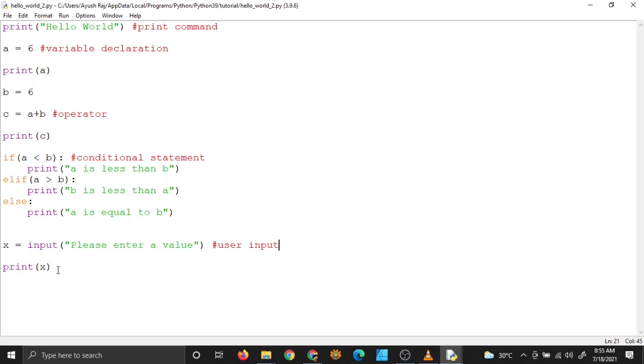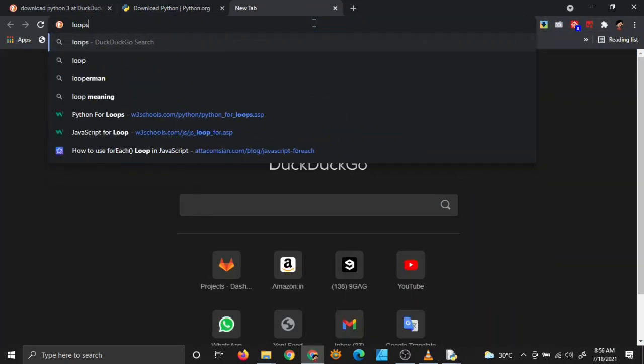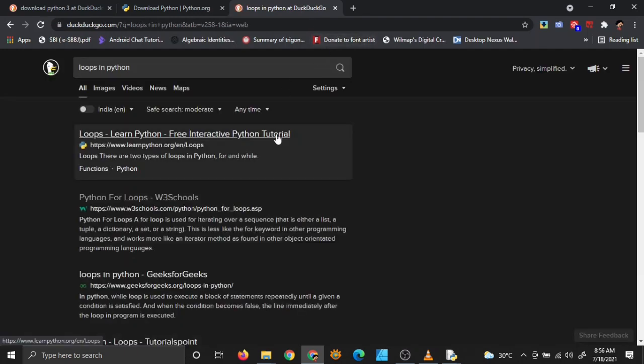And what else is remaining? What else do you need in order to make a text-based role-playing game? I think you will also need to be able to use loops, and that's really important. Loops are a little bit different in Python compared to other languages. So let me just see loops in Python because even I don't remember them properly.